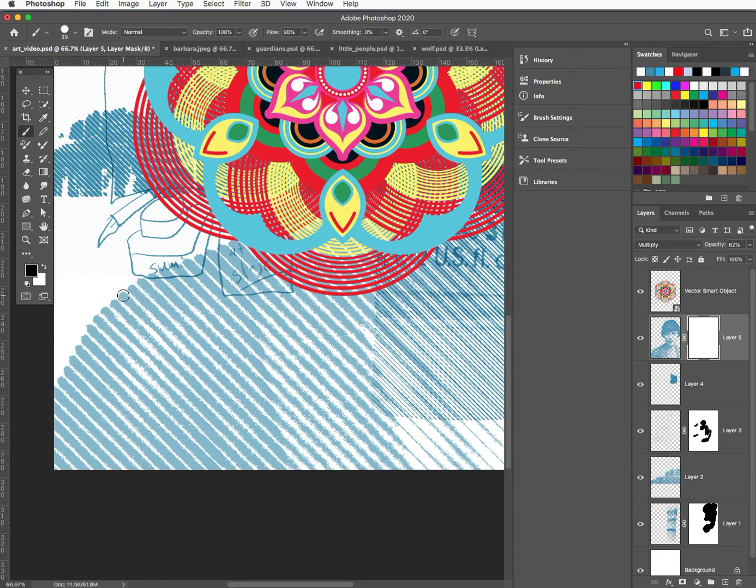So black is my foreground color. I'll get this, I'm holding down the Shift key, and I can just keep a nice straight line and knock some of this stuff out, or maybe even start here